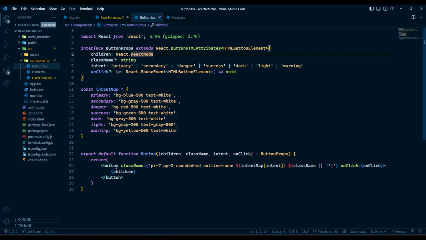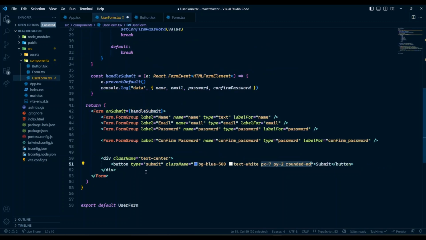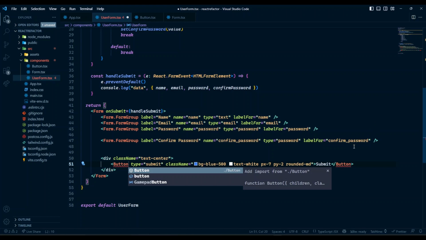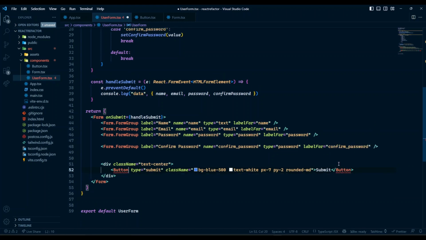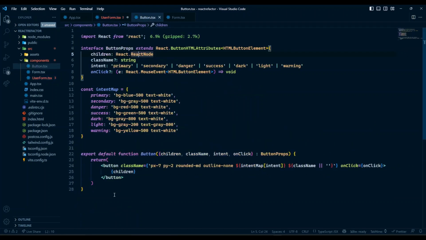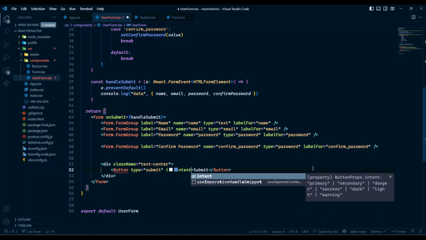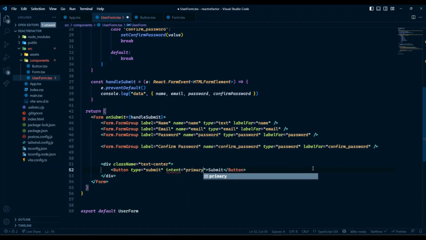So here I can pass type, I can pass all other button props. So what I'm going to do is here comes the button. This will be imported from the component that we got, which is this one over here. And now it is expecting some props. So we have the class name. We don't need class name here, but instead we will need the intent. That's going to be primary. And that's it. We have our button